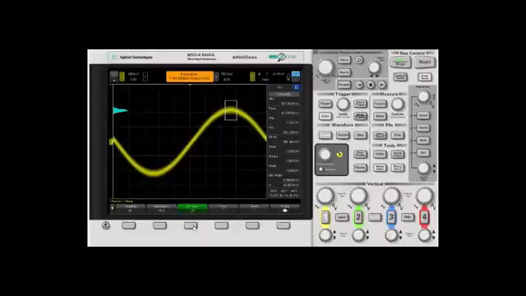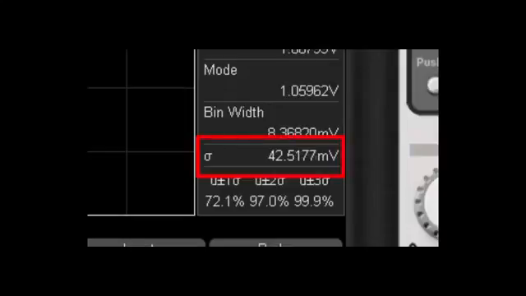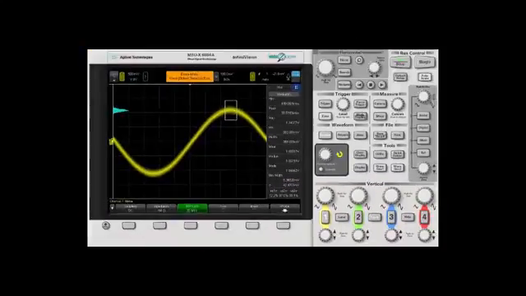Under the bandwidth limit soft key, we can turn on the 20 MHz bandwidth limit, which is applied using a low-pass filter within the instrument. If we take a look at our sidebar, we will see that our amplitude variance has decreased to about 42.5 millivolts. This 2 millivolt reduction in noise power may look small on this 2 volt peak-to-peak signal we're using right now,